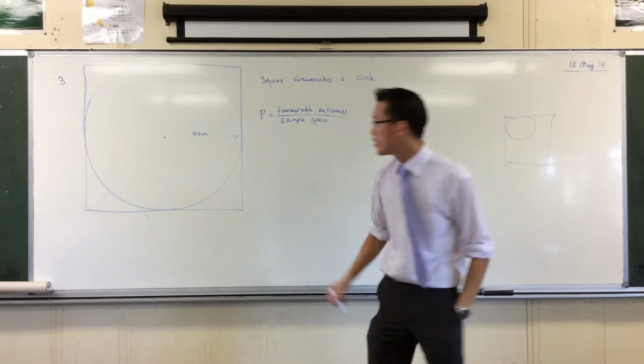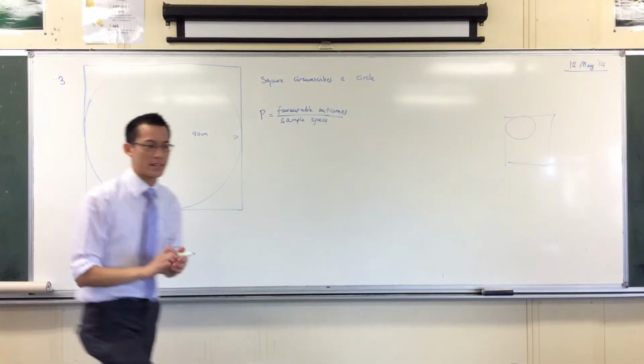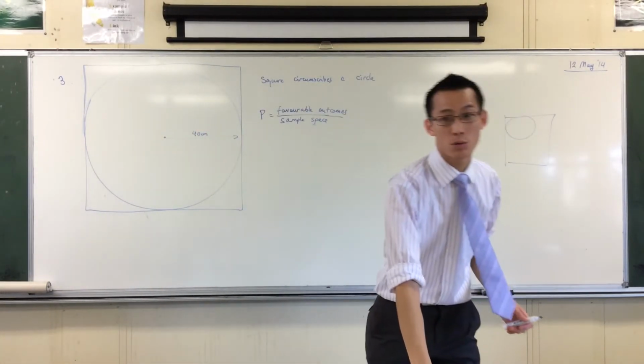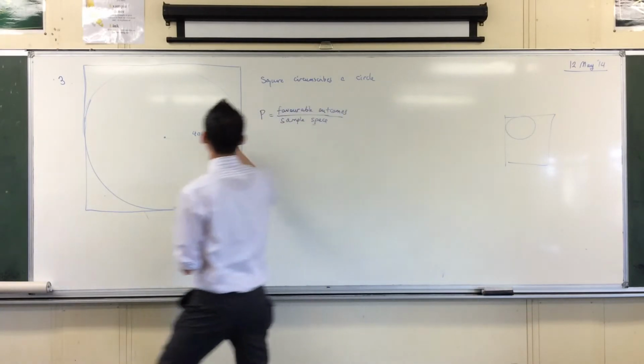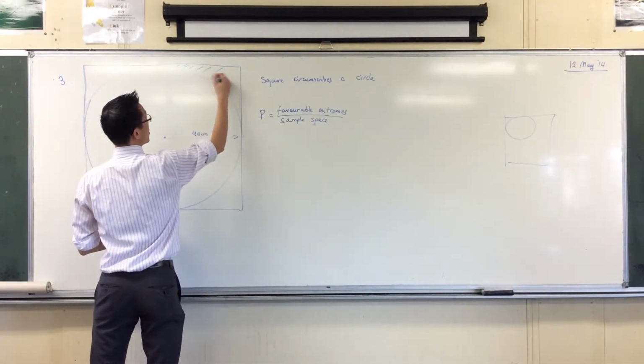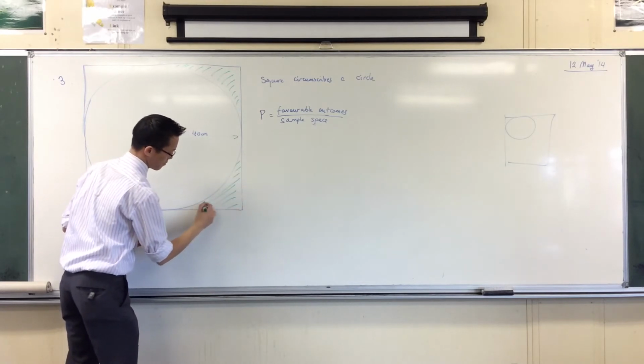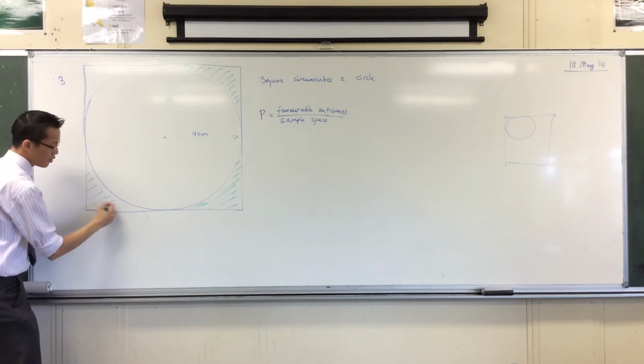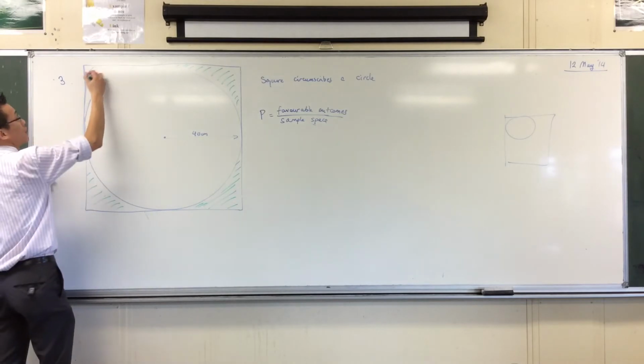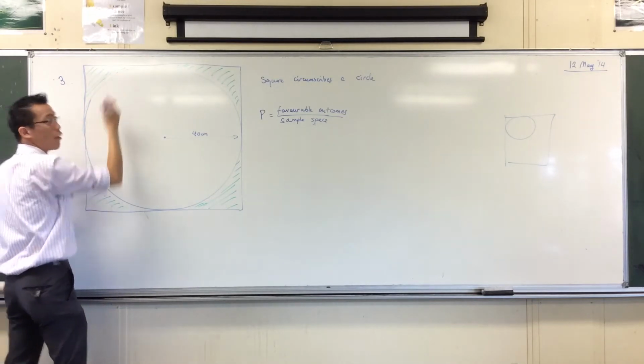They want it outside, don't they? So I can shade this in just to give myself a bit of a visual cue. Okay, so I'm going to shade that part. Looks like this. There, or there. Yeah, good. By doing this, you can sort of give yourself a better idea of what you need